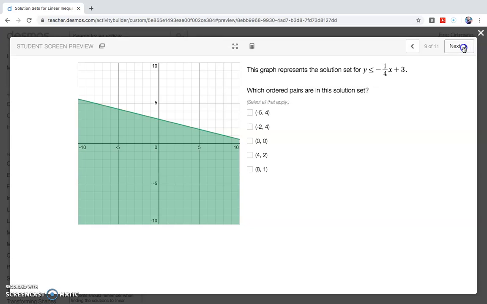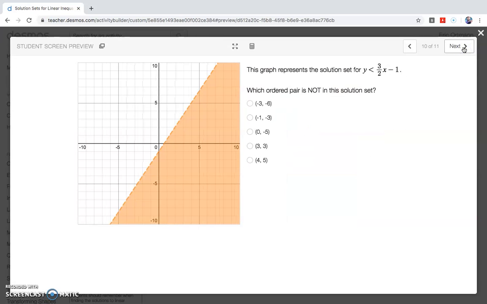You have a few slides here and then a reflection. If you can do this, you are ready to retest,